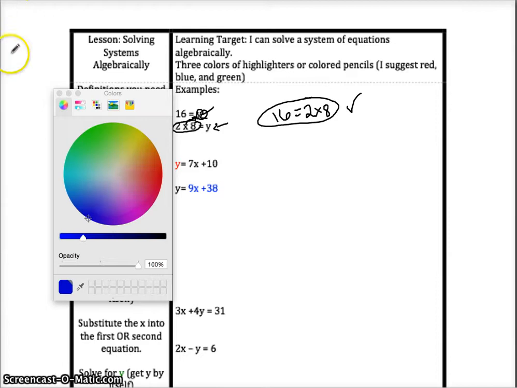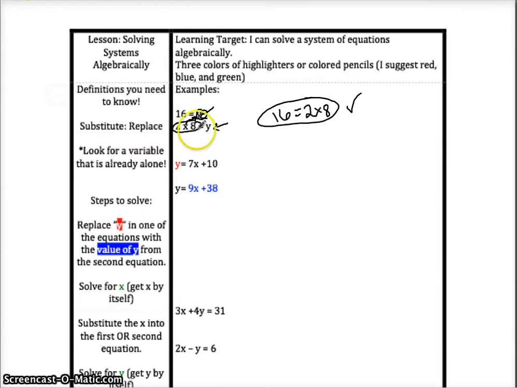Okay, so you're going to use blue. And I'm going to take this blue piece right here, and it says y equals this. And I'm going to look for the y up here, and I'm going to plug this in to my y. So now I'm going to have 9x plus 38